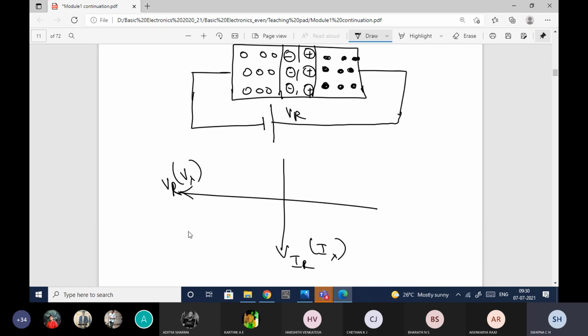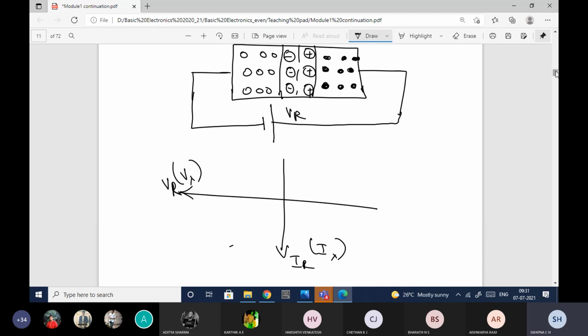Instead of taking it in the third quadrant, they have taken it in the first quadrant only. Otherwise it has to come in the third quadrant, because reverse characteristics are considered negative characteristics, so we generally take them in the third quadrant. But in the textbook they have given it in the first quadrant. Let me give you the correct way, and then I'll draw whatever is represented in the textbook once again.